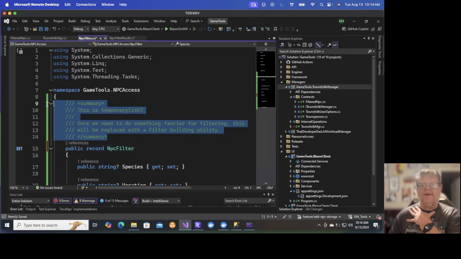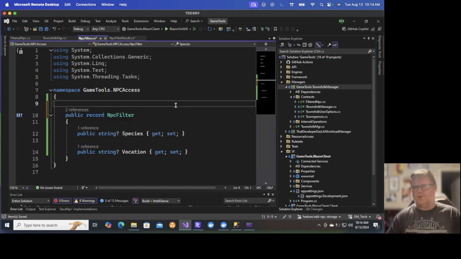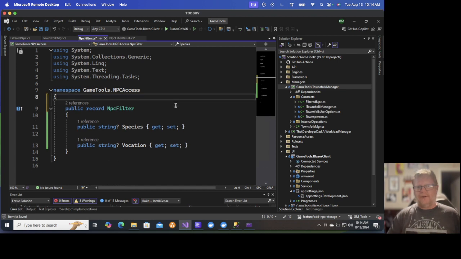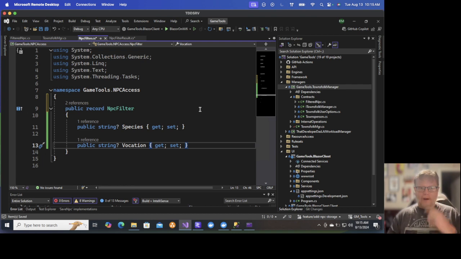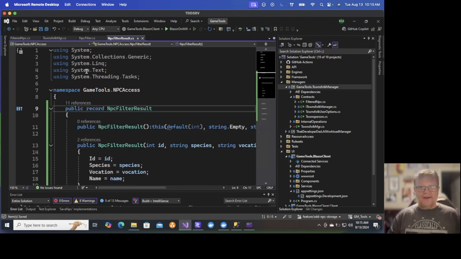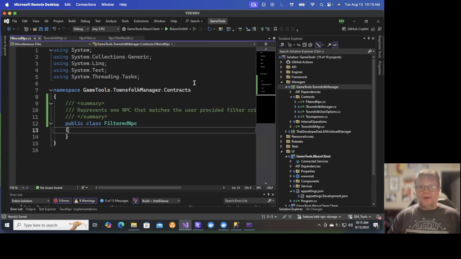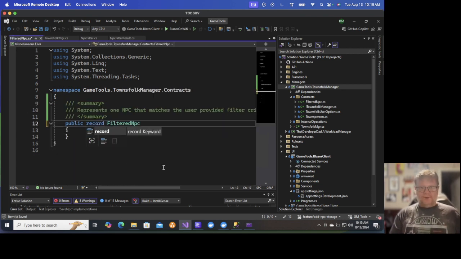And it's horribly complicated and a lot of heavy lifting for what should be a simple operation. I'm not going to add a user identifier to that until I've got user tracking in place. So filtered NPC is now a record,